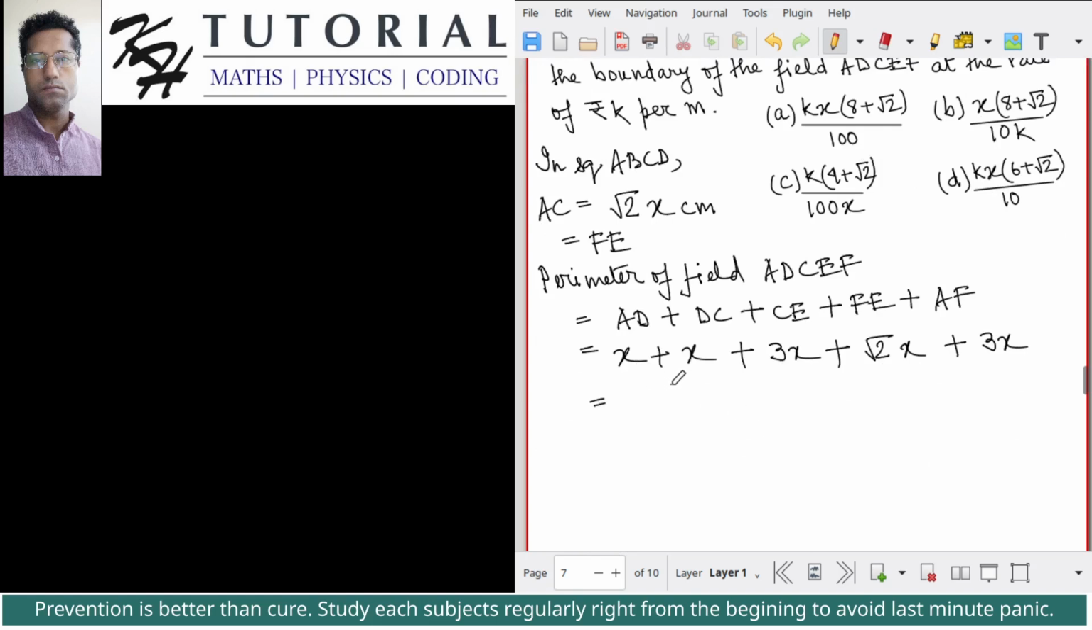So this is the perimeter in terms of x. So this is equal to, if I simplify, this becomes 2x plus 3x plus 3x, that is 8x plus square root of 2x. If I take x common, I have x multiplied by 8 plus square root of 2. This much centimeter is the perimeter of the field. Okay. Therefore, this implies cost of